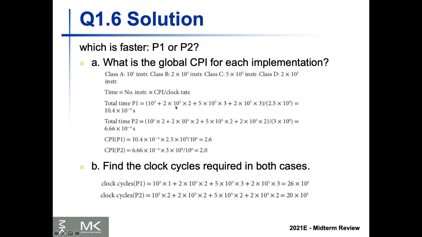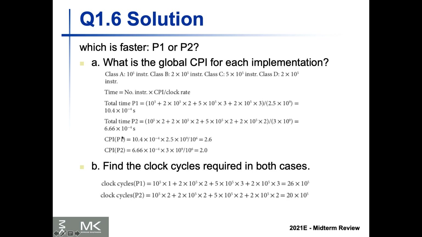So it's simple math. No fancy calculators needed, even here. And then you'll come up with a number: 10.4 multiplied by 10 to the power of -4 seconds. And the other one is a little bit higher,